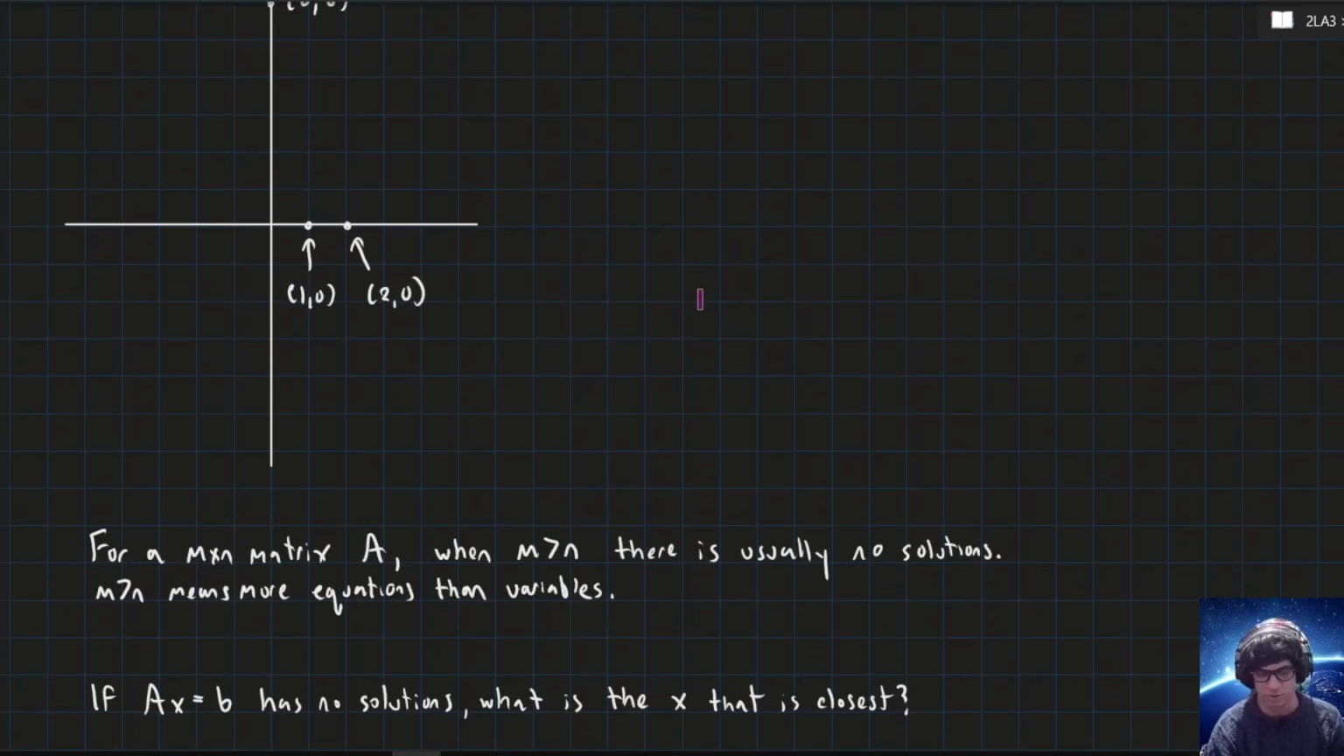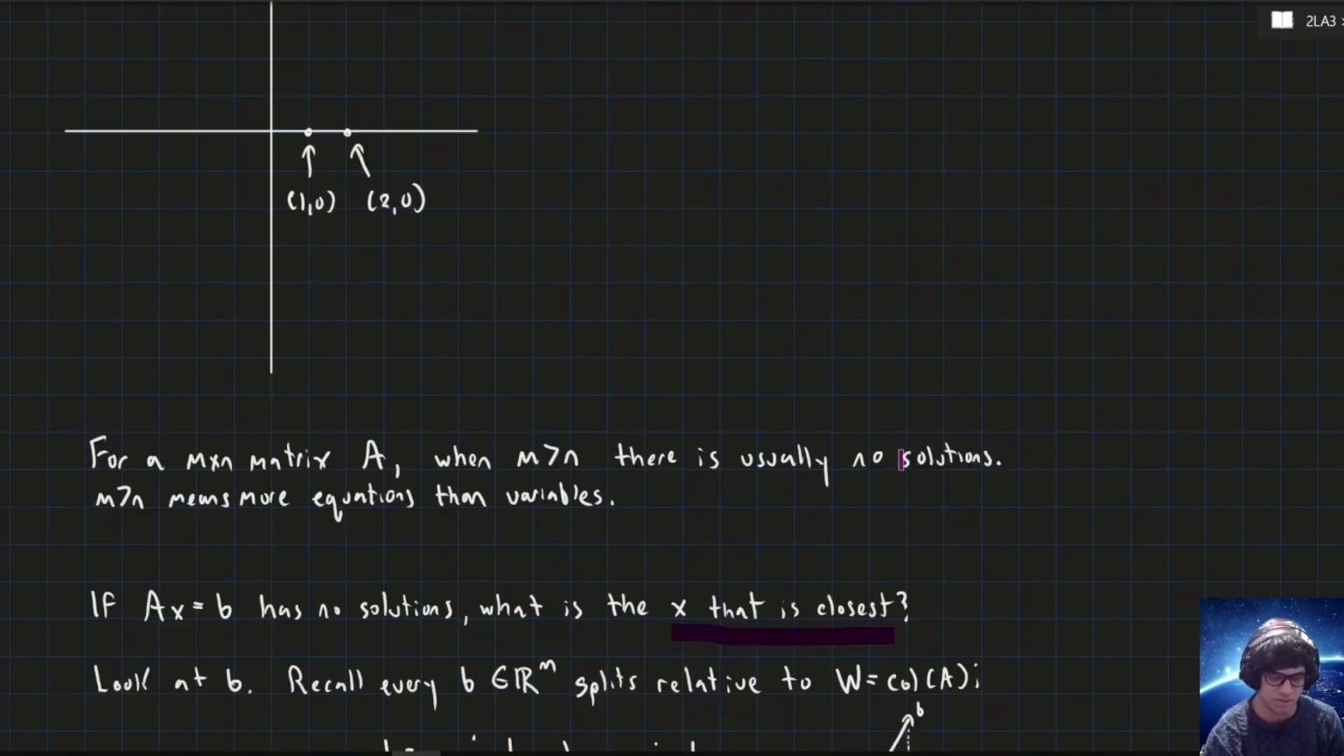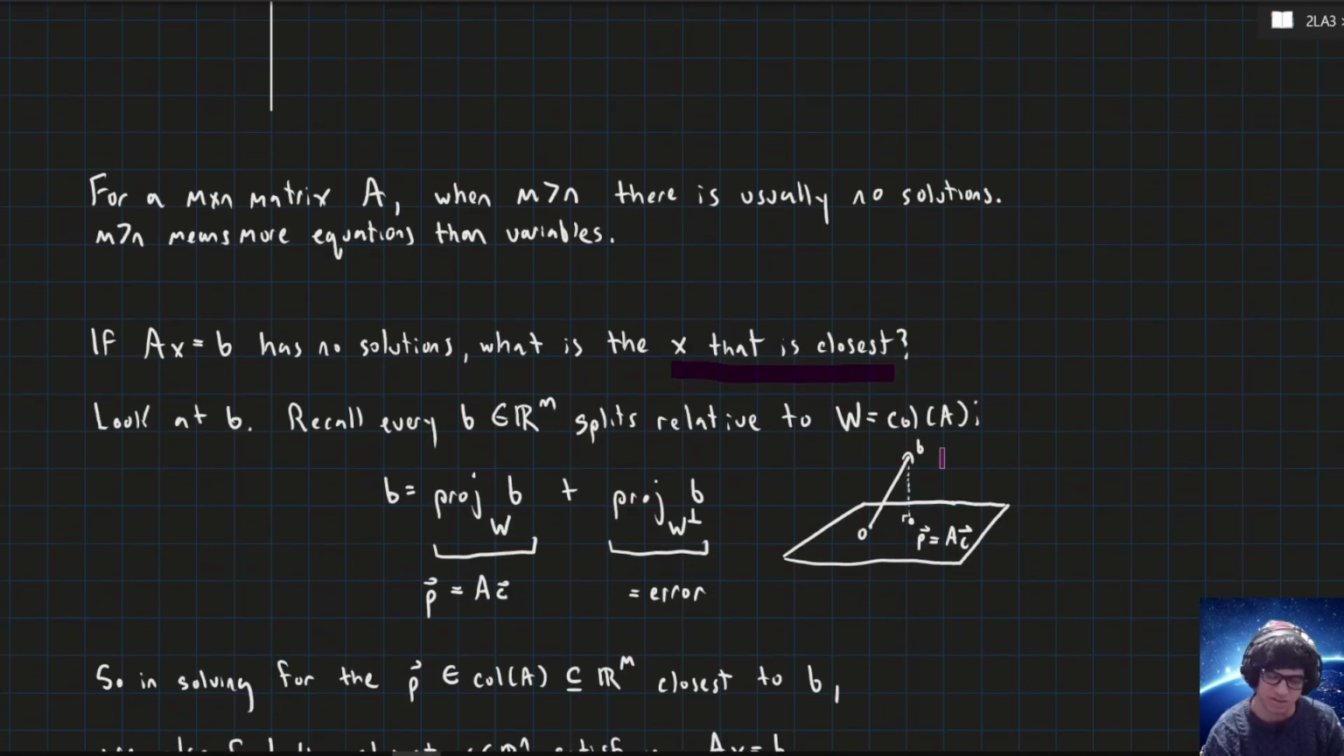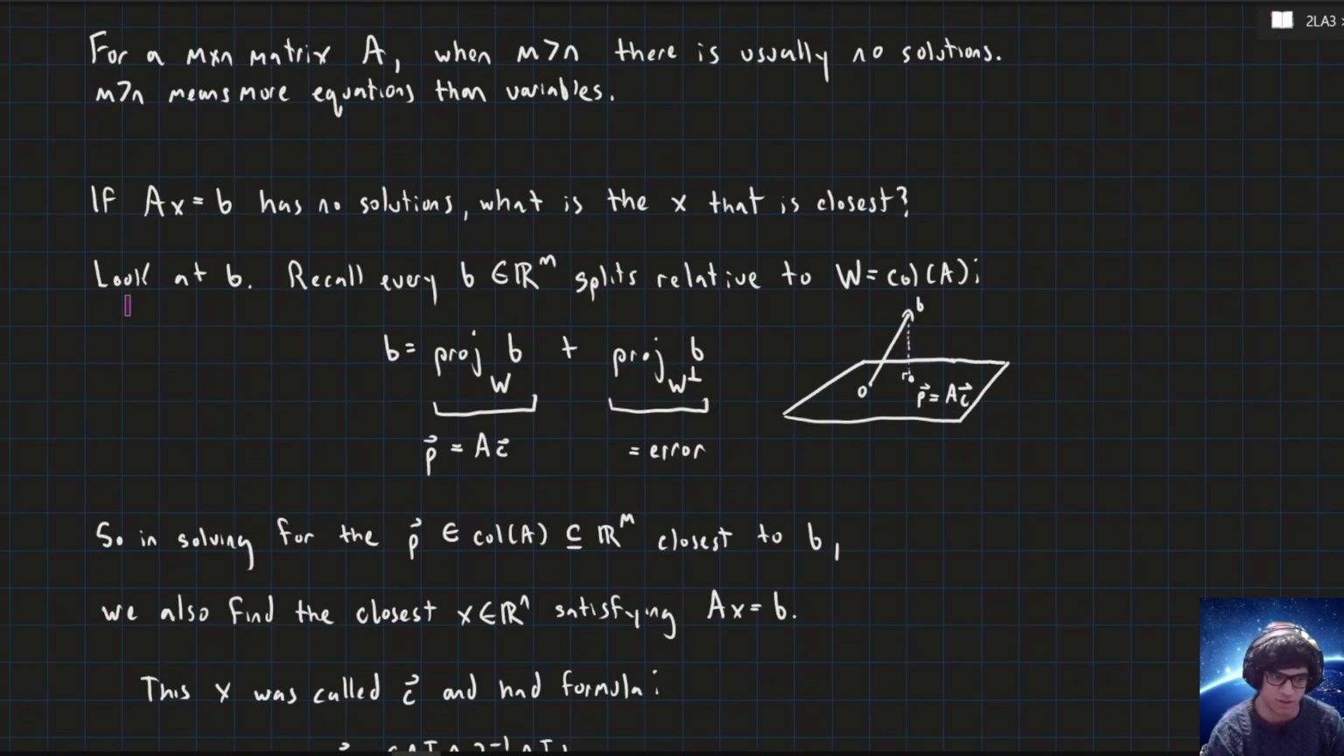So, next question is, if Ax equals b has no solutions, what is the x that is closest? Now you can see how this is related to the projection problem, right? If we think about b, remember that every b in Rm splits relative to W, the column space of A. We can break it up uniquely like this,